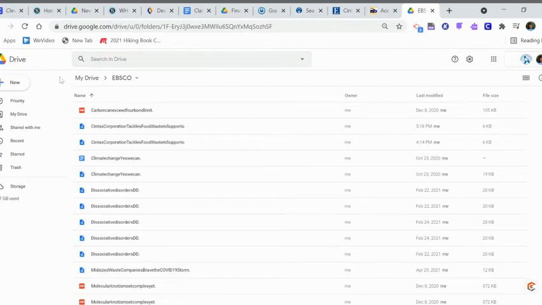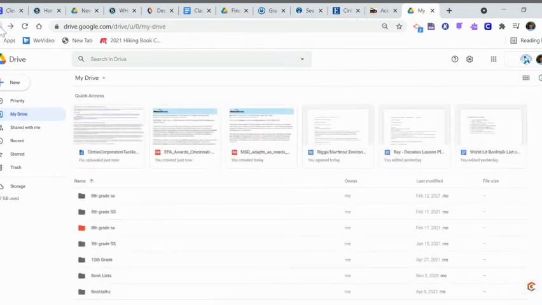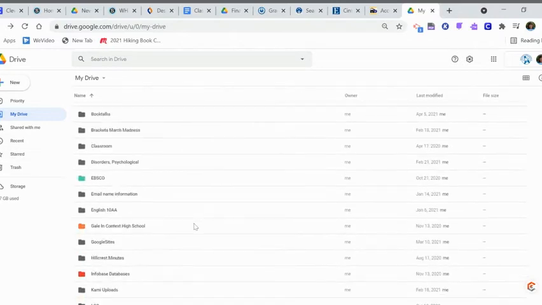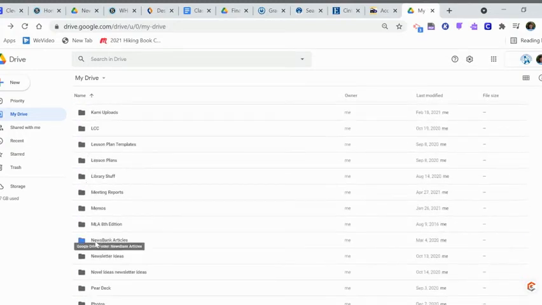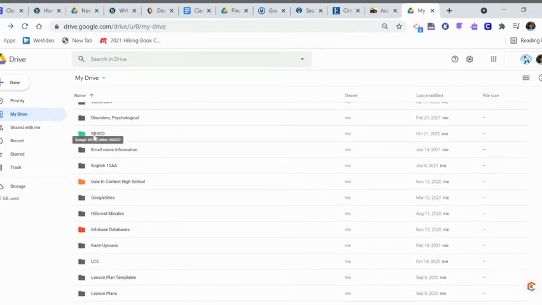So remember that if you go to iSearch and you save an article, it's going to be in a folder called EBSCO, the green folder. So now you'll have the Newsbank, which is blue, and you'll have the EBSCO, which is green. And next I'm going to show you about Gale in Context, which is orange. So let's go back to